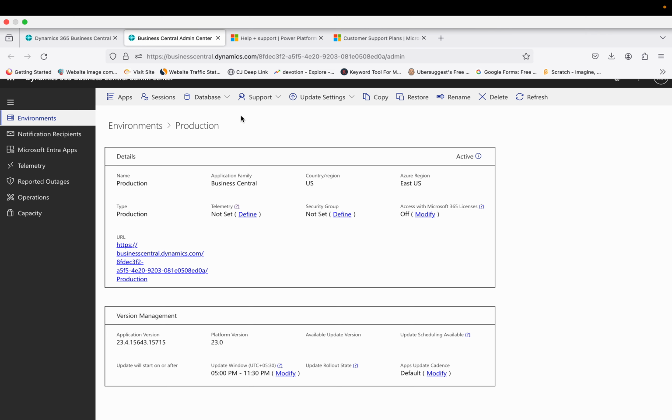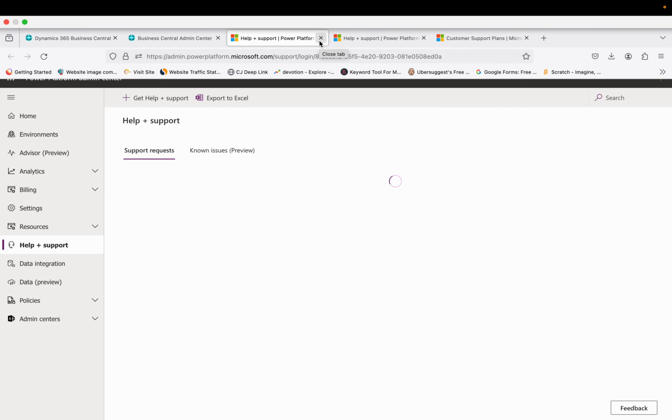Okay, so to get in touch with Microsoft and to get the support from Microsoft for my particular environment, what I can do is click on this support and then click on this new support request. When you click on this, it basically opens up the Power Platform Admin Center. Yes, so it's not something like the Business Central Admin Center,